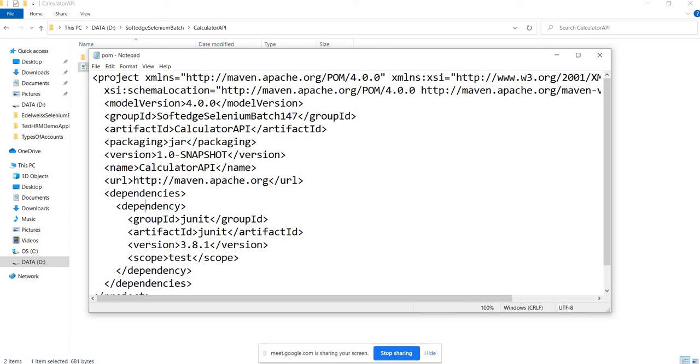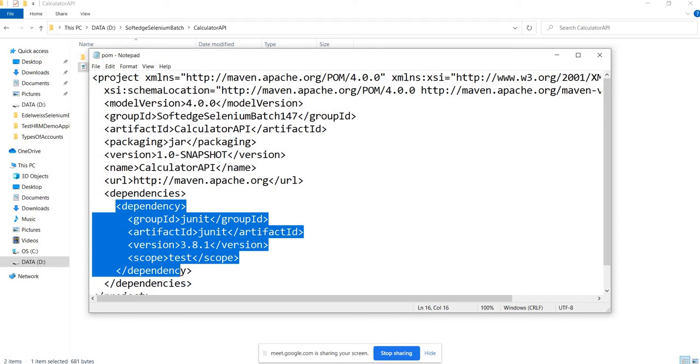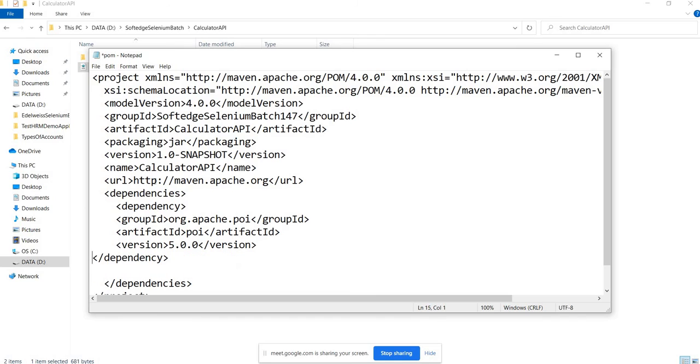In the POM XML, which is the project's definition file, I have to put my dependency tag. If you need any third-party libraries in the implementation of your project, you have to get the dependency tag of that library project and put it in your project's POM XML under the dependencies tag.